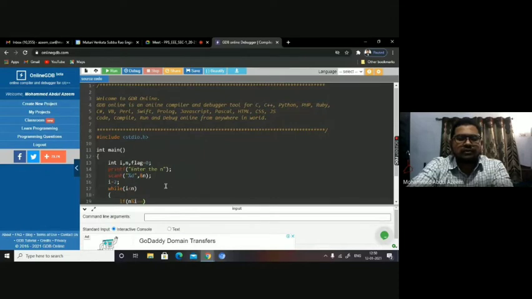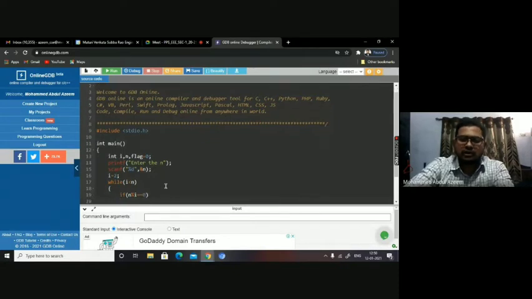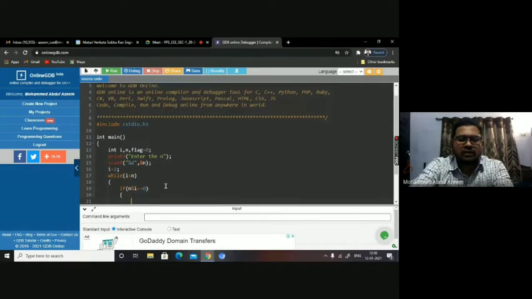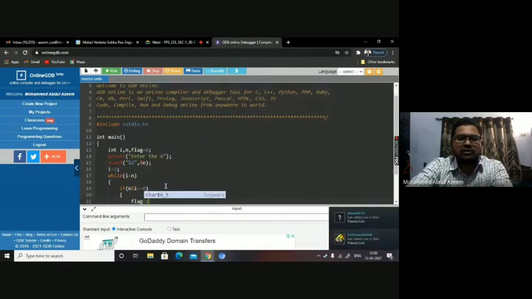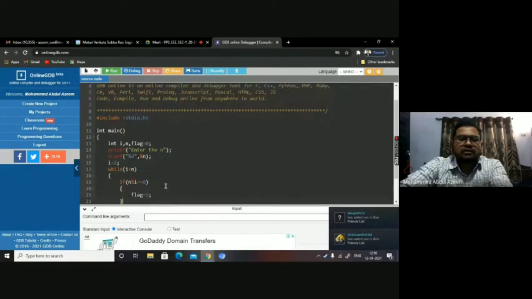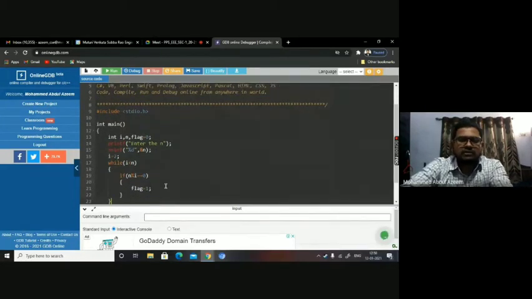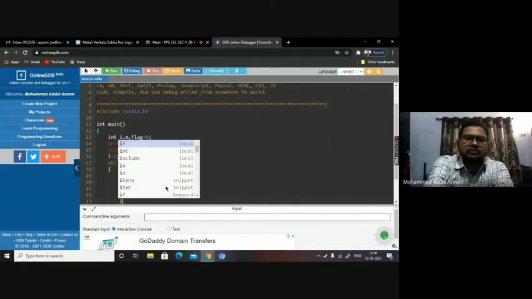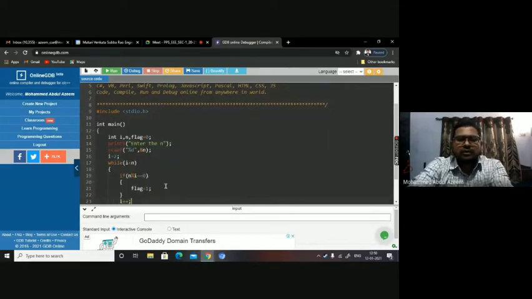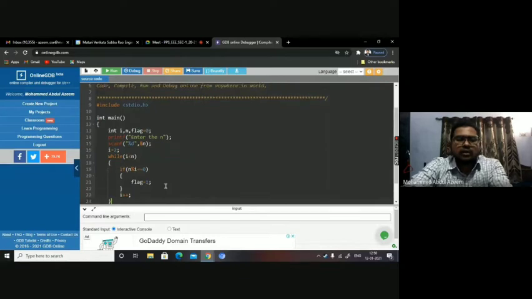After the division, you check whether the remainder is 0. If it is 0, then you are changing the flag value to 1. Otherwise, you are just incrementing and then going for the next iteration. Like that you will be doing.